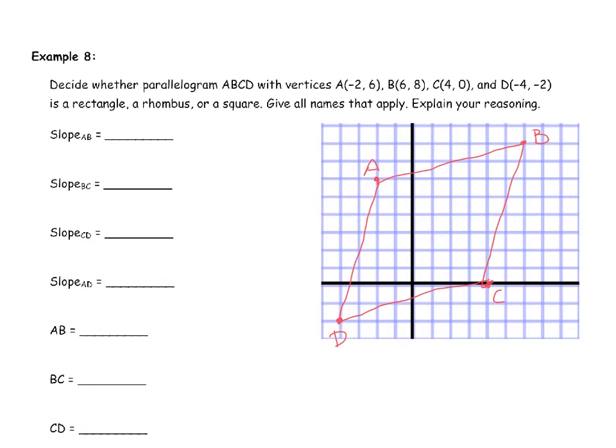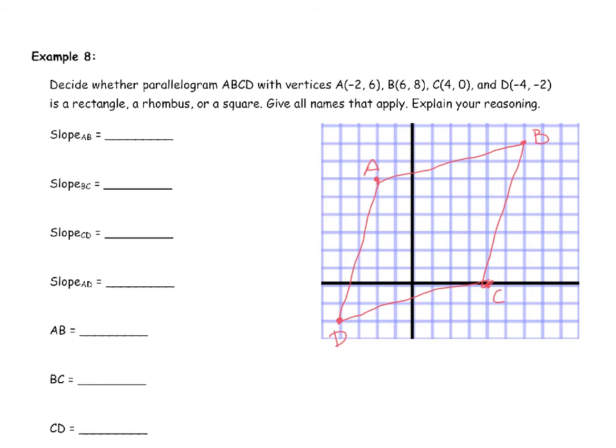Okay, so final example. Decide whether parallelogram ABCD with vertices A is at -2, 6, B is at 6, 8, C is at 4, 0, and D is at -4, -2 is a rectangle, rhombus, or a square. Give all names that apply. Explain your reasoning. So, first thing that we need to do is make sure that this actually is going to be a